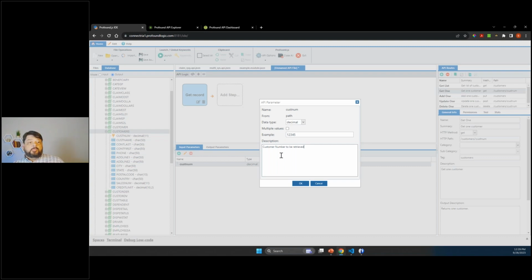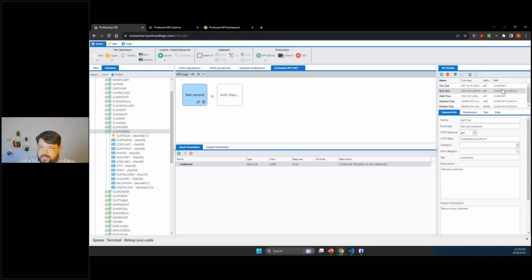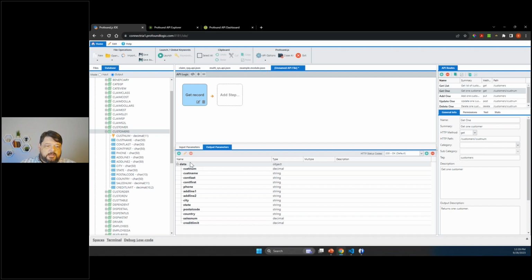It's because we are building the OpenAPI documents as we're developing this API. Those things are available over here as well at the API route level. And then for our output parameters, you can see it's passing back an object called data with all the columns from our table here.